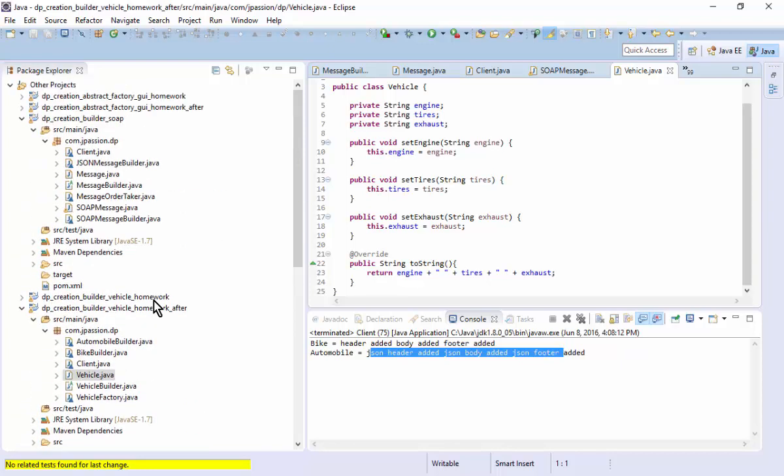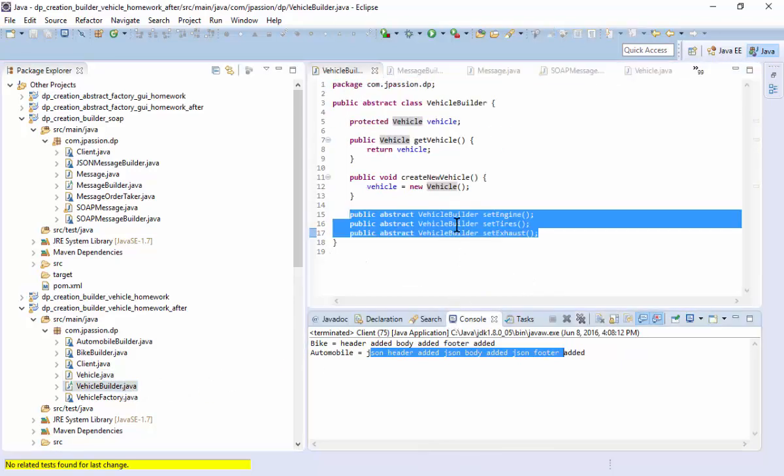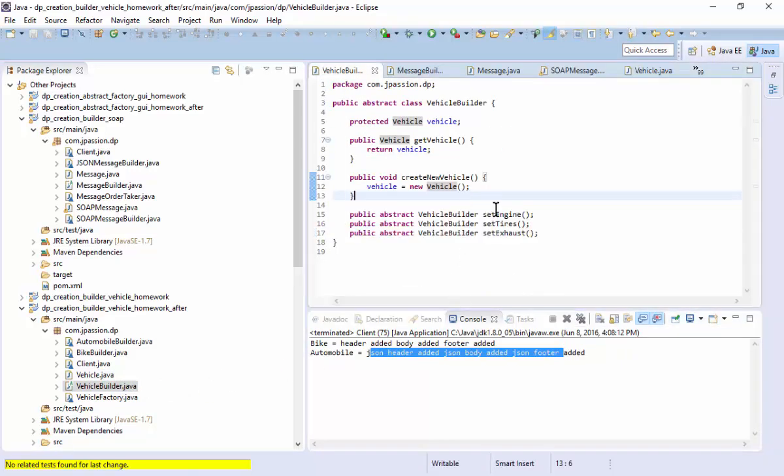If I want to create a different type of the product, then we could, so vehicle builder. So if you want to actually have a different vehicle, so in this case, then we could actually have this vehicle to be injected. Okay,